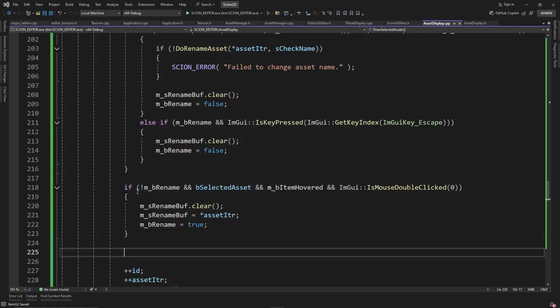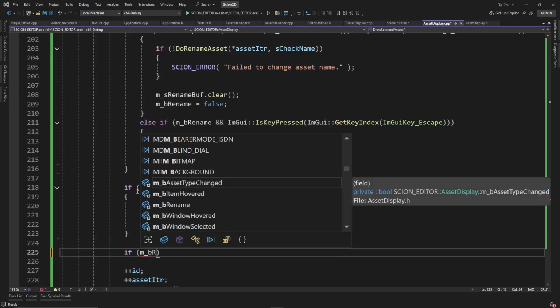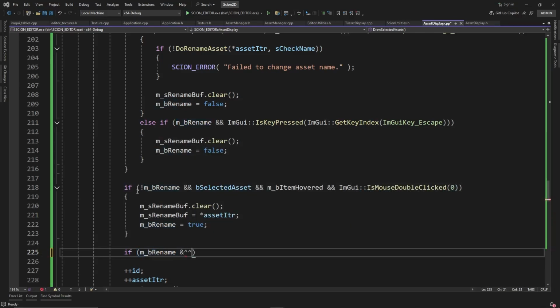All right. So we don't want to just set the name to whatever we send in, right? We don't want it to be empty, so the rename buff can't be empty. We don't want to change the name to an empty string. And we also want to make sure that the name doesn't already exist and set a little bit of a warning. And we can do that by checking the name. Okay, so we want to go if mb rename and